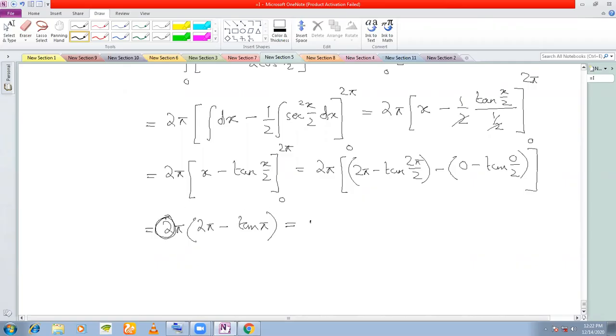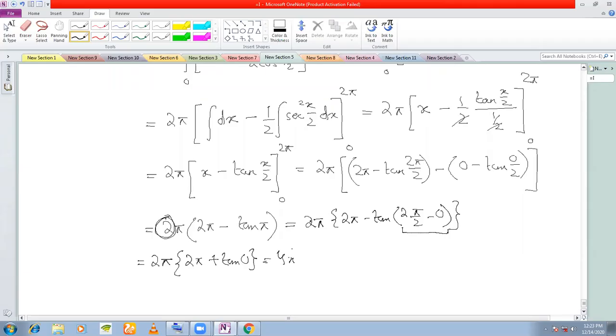So if I work with this 2 pi, what is the value of tan pi? 2 pi minus tan pi can be written as 2 into pi by 2 minus 0. So this is 2 pi into 2 pi minus, and which quadrant is this in? This is in the second quadrant, right? Tan is negative in the second quadrant, important. So you get plus tan 0. You simply get 4 pi square. Actually, the answer is 2 pi square because 1, 2 will cancel.